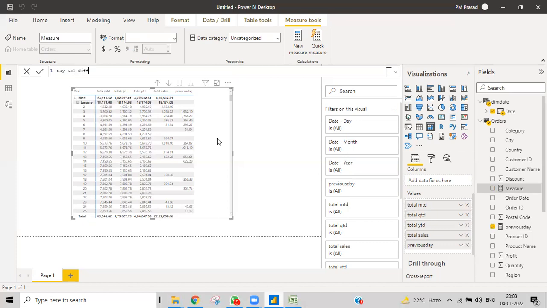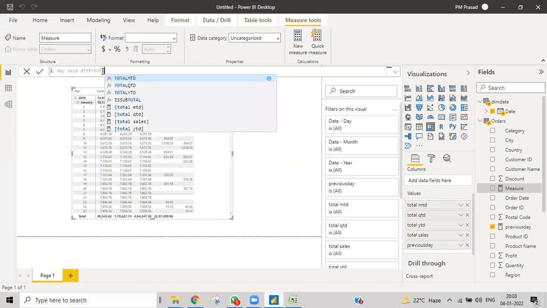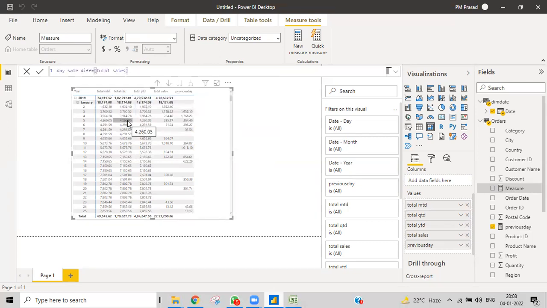Hope you can understand, right? Then it is equal to the calculation of total sales minus previous day sale.